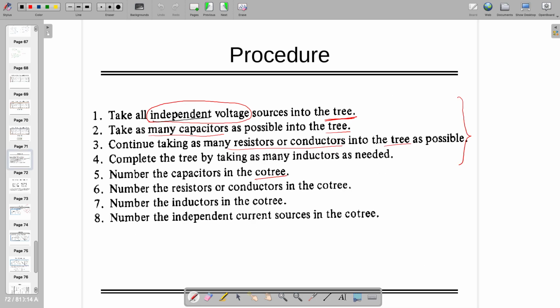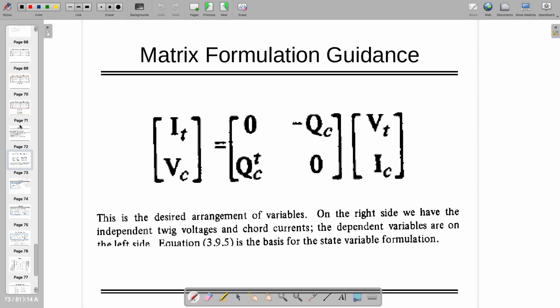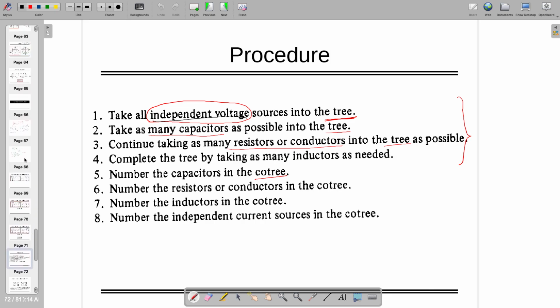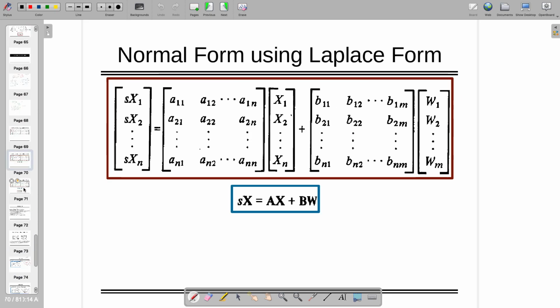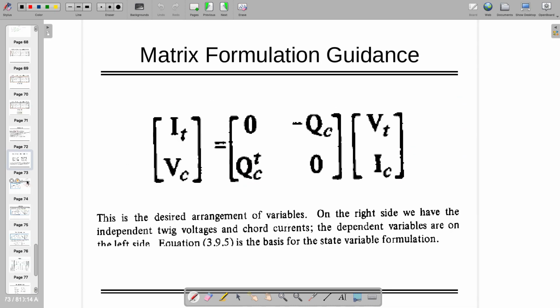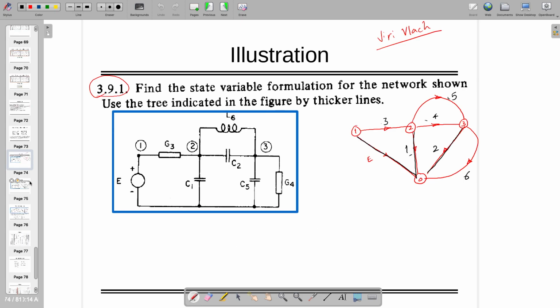So all the independent voltage sources have to be on the tree. Okay, we were here. So that's why this voltage source is on the tree. Others are cotree or chords,